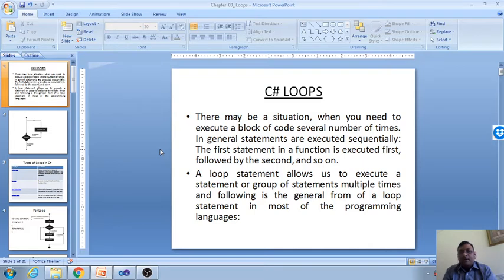For example, I give you one question: write a program to print numbers from 1 to 10. So what will you do?